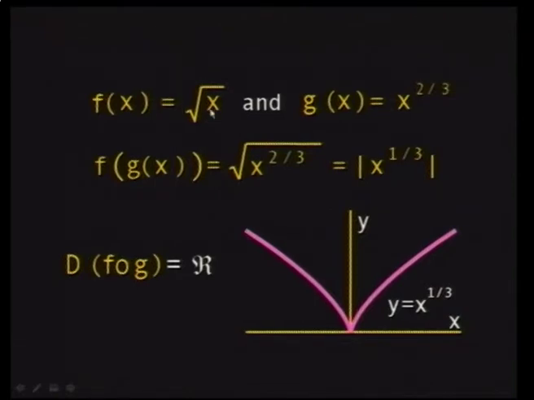Of course, yeah, because the square root has a domain from 0 to infinity, and a range from 0 to infinity. So of course you can calculate the square root of x to the power 2/3 to obtain modulus x to the power 1/3, and this is x to the power 1/3. So actually you can obtain a composition, and the domain of which will be the domain of g, of course,